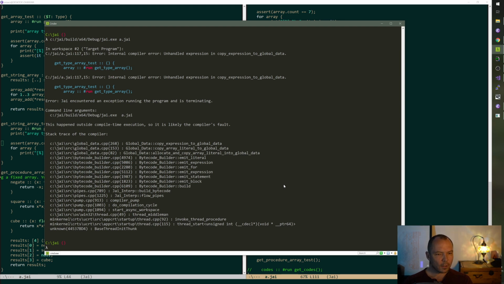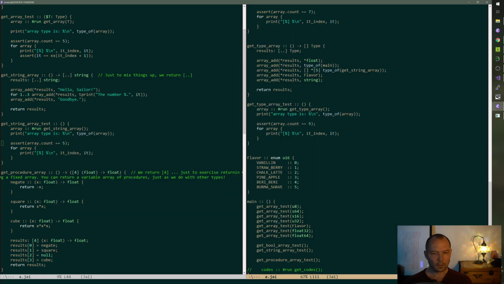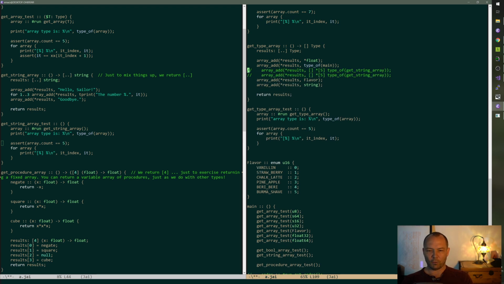Okay, it didn't like that. Unhandled expression in, what? It doesn't like this part. And this has nothing to do with what we are actually doing right now. This is a heretofore undiscovered bug in the compiler. Okay, let's comment that out for a second.